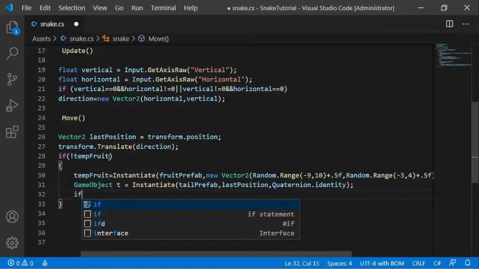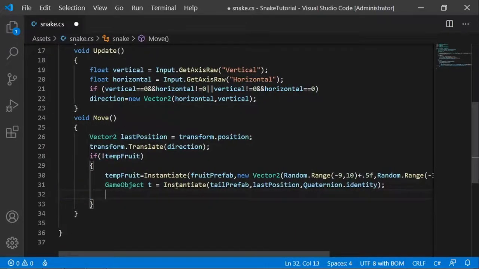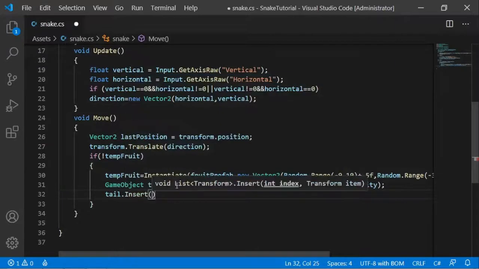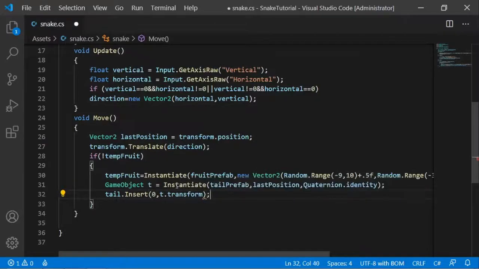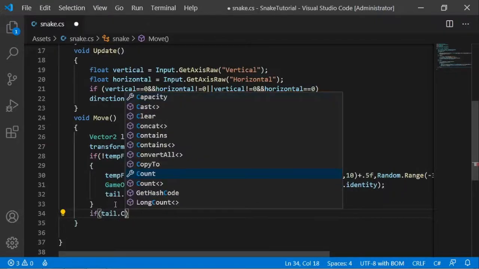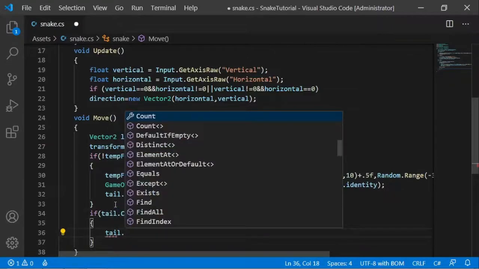if, not here. Oh, here. I want to insert to the tail at 0 t.transform. So we have it in our list, and if tail.Count is greater than 0, we want to insert